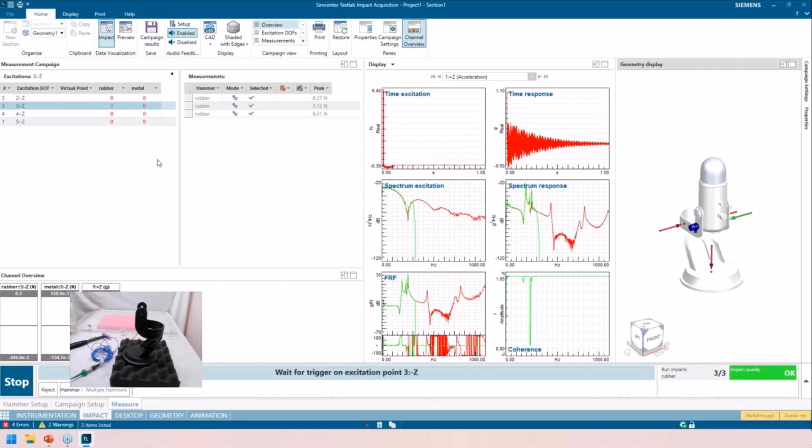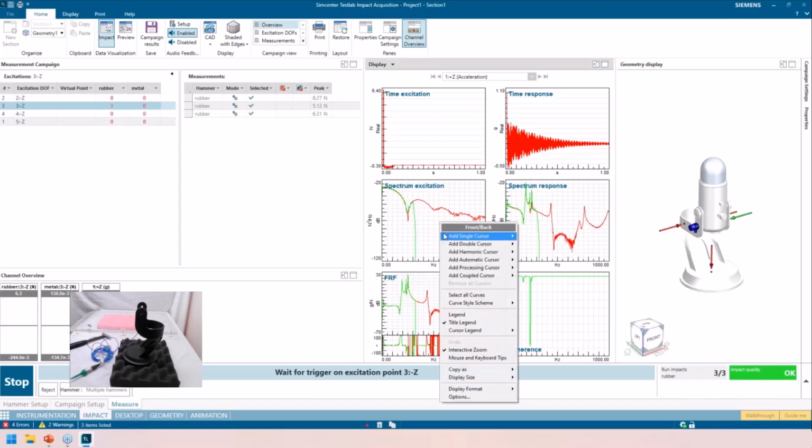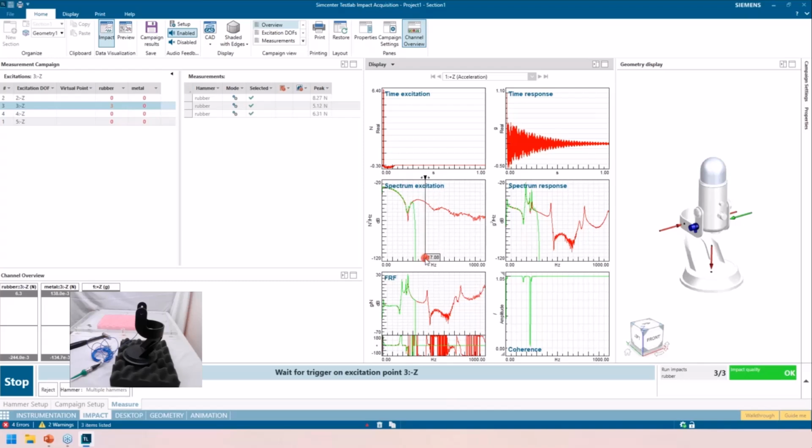Okay, I think I had it set to 3. So one thing you'll notice is here's where my data starts to cut out on this green trace, and the red shows the full spectrum and the green shows where it's hitting with that filter. Because remember, we have a low pass filter on this rubber hammer because we're merging the FRFs. Another thing that's cool is I don't have to tell TestLab which hammer I'm using. It automatically senses that.